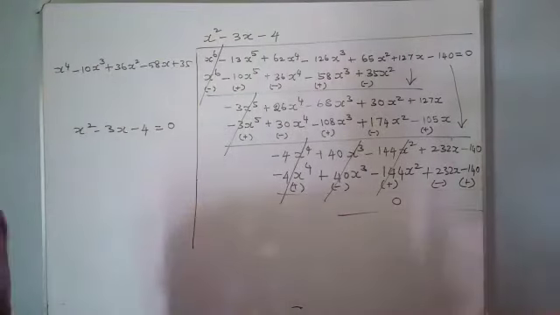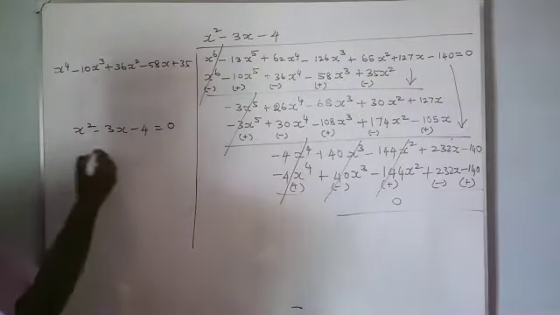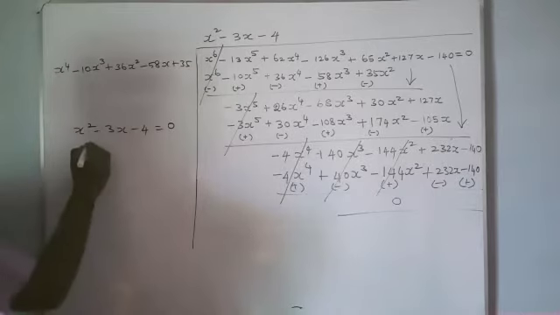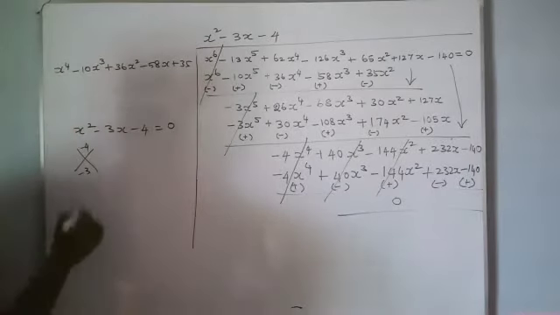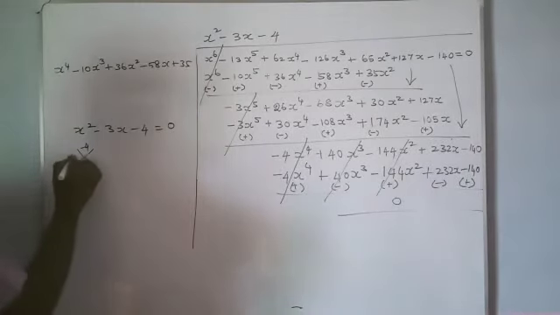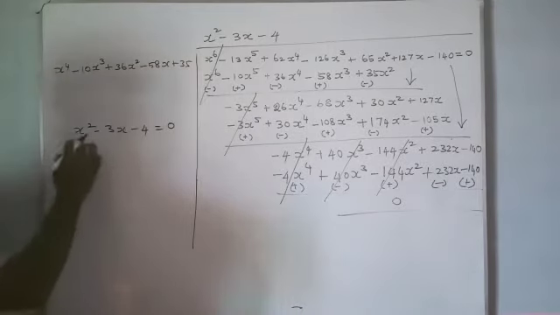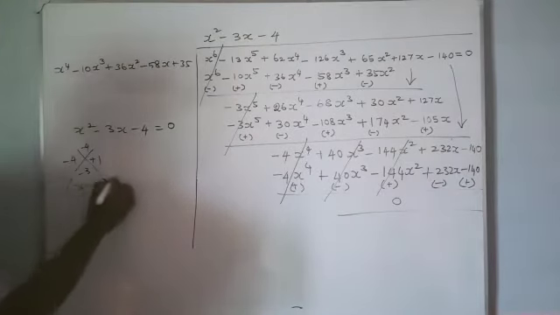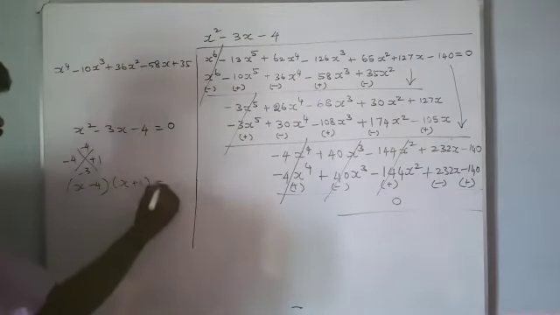This is the quadratic factor. Now we want to find the roots of this factor. Minus 4, here minus 3. What is the value? 4 into 1, 4 into 1 is 4. Now this is a minus term, so minus plus. x minus 4 and x plus 1 equal to 0.